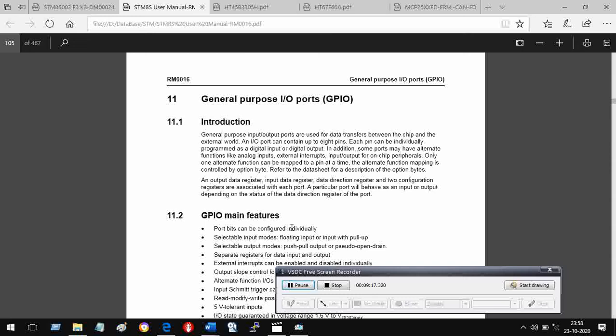And output means the microcontroller can send data on one bit of the port to the outside world. That is what input and output means. And then these input output modes also have some interesting features. Let us go to that now.